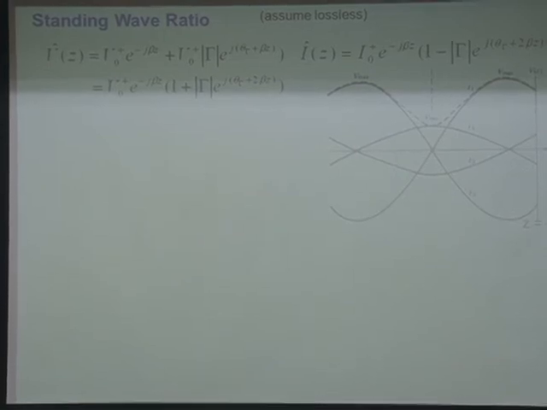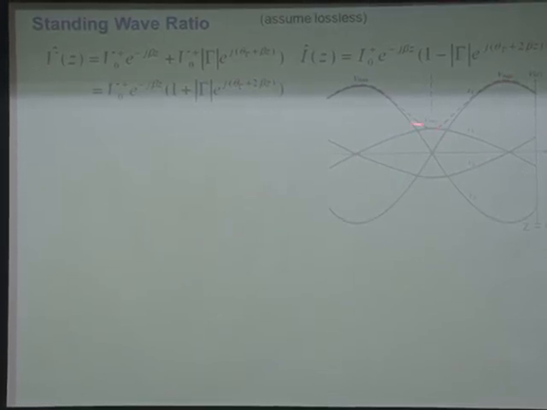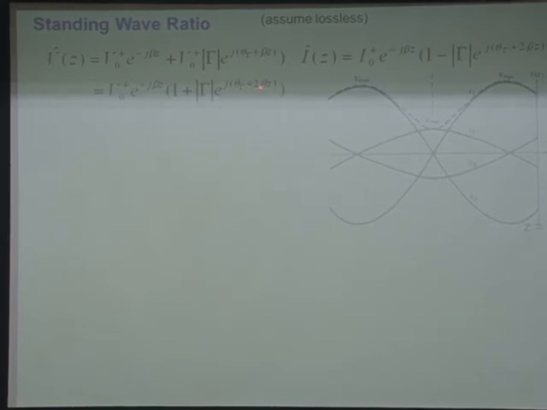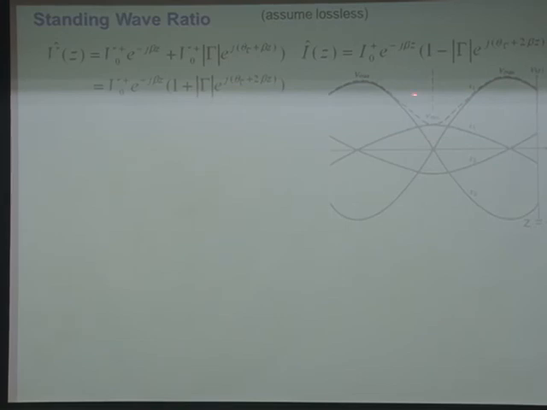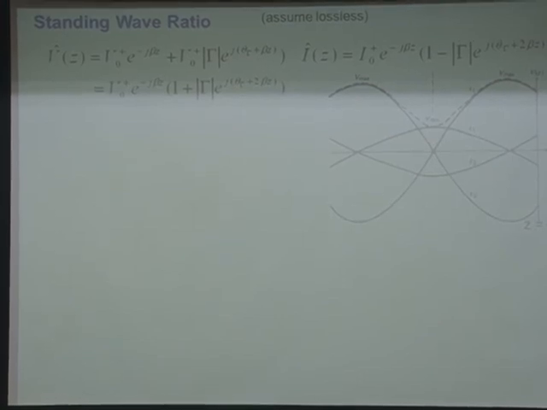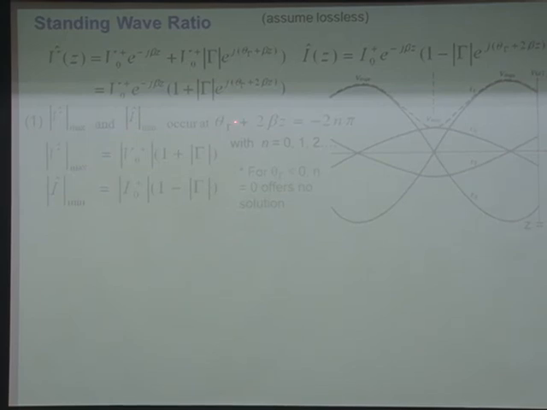Okay, you have maximum voltage and minimum voltage according to the value of this theta gamma plus 2 beta z, and z is a variable, beta is a constant, theta gamma is a constant. 所以这代表说，这里头在变的是什么？是 z 而已，在这个 z 不同位置，你有这种大大小小的这个值出来。